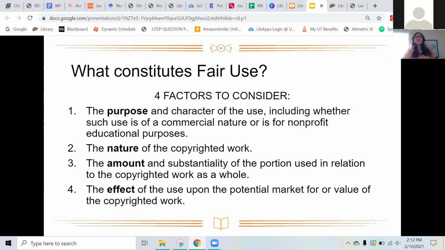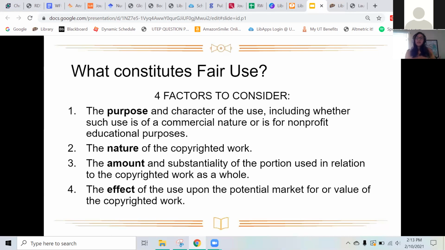Sometimes, because fair use is often applied to the educational setting, it gets oversimplified, to be understood as if using the material in an educational setting constitutes fair use. And that's not quite it. It's much more nuanced than that, unfortunately for us.